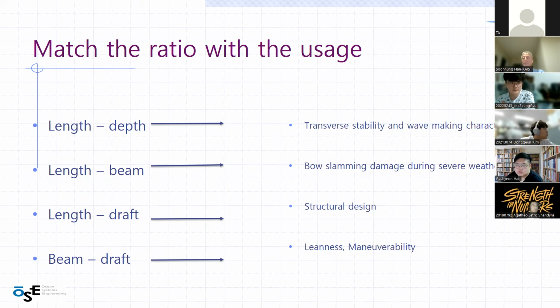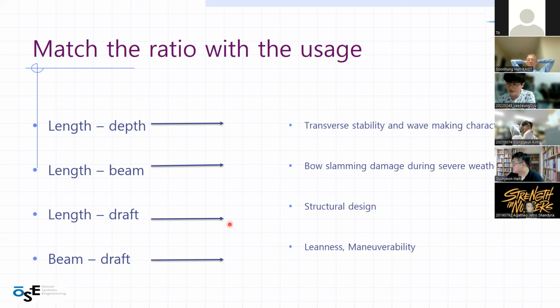Does anybody want to answer? Okay, I will answer. Well, length depth is used for structural design, and length beam will maybe be related with maneuverability, and